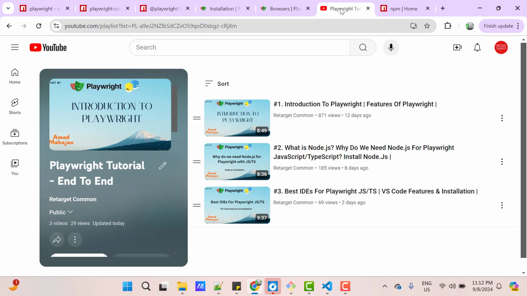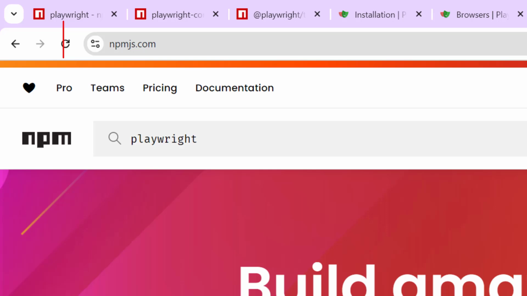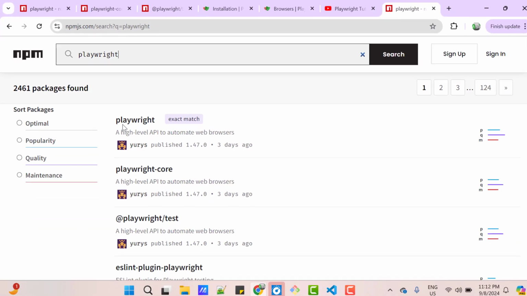NPM is a Node Package Manager for JavaScript libraries. You can compare this NPM with Maven or Gradle. Most of the features are similar in both. So Playwright is also distributed as an NPM package. If you visit the official website of npm, which is npmjs.com, and try to search for Playwright, you will see basically